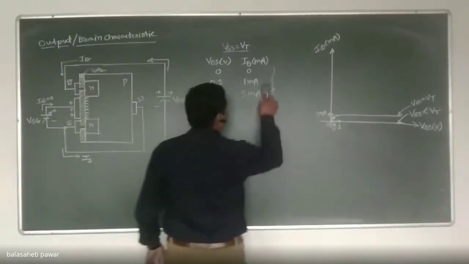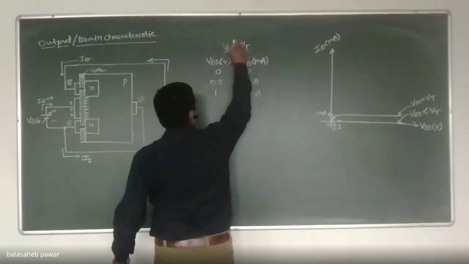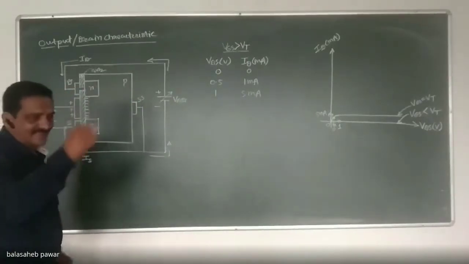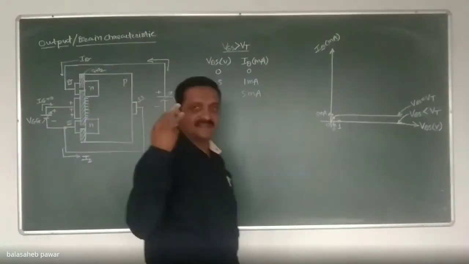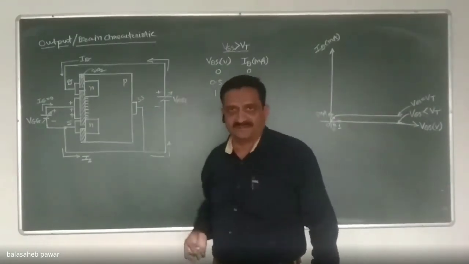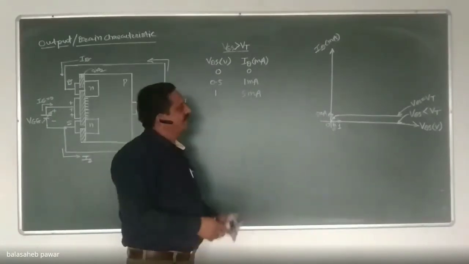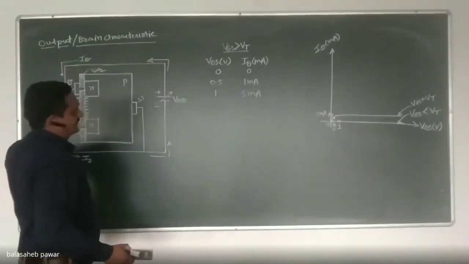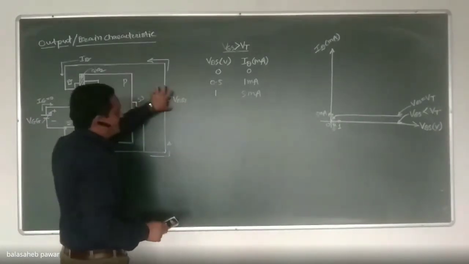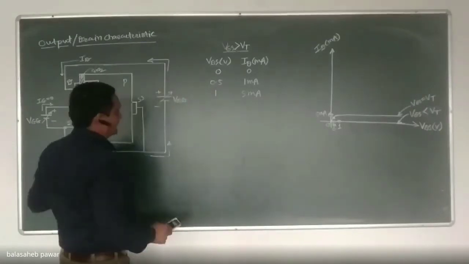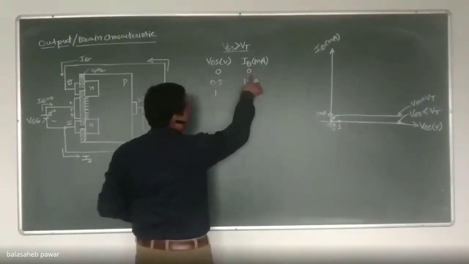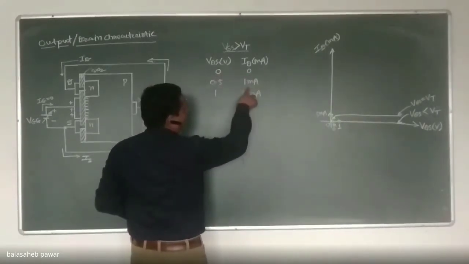Now, third case, I will take VGS somewhat greater than VT. Slightly greater than VT. If VT is considered as 3 volt, in this case we'll consider VGS equals 4 volt, that is slightly greater than VT, and keep it constant. Again vary the output voltage from 0 onward and note down the change in output current. I will keep the first three readings almost the same. When VDS is 0, current will be 0. Then when VDS is 0.5, now it will be 1 milliampere.